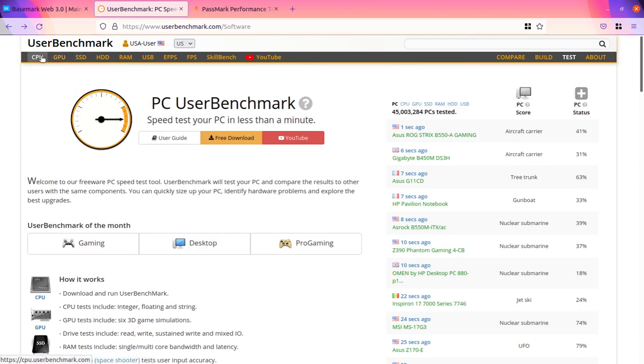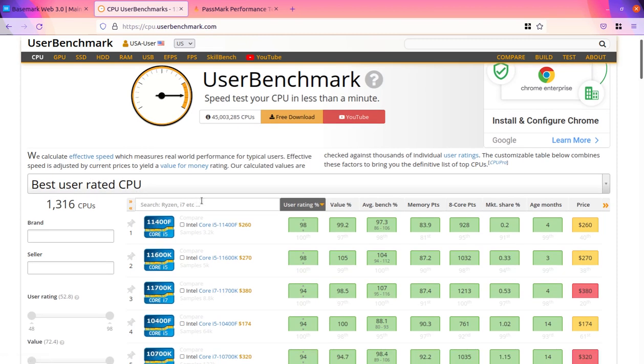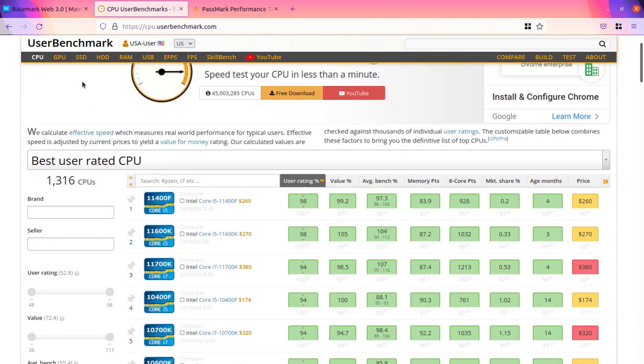And if we talk about the best CPU available in the market as of now, the best performance CPU which you can decide on, this is the screen for CPU ratings and trends.